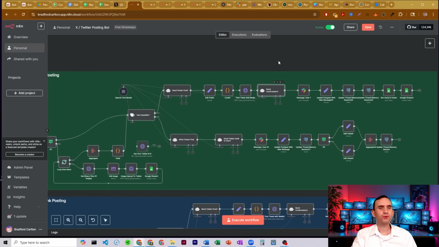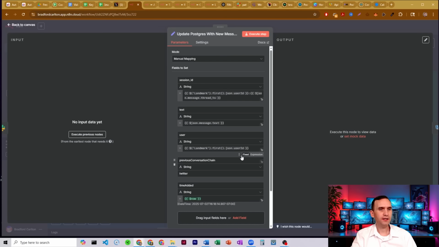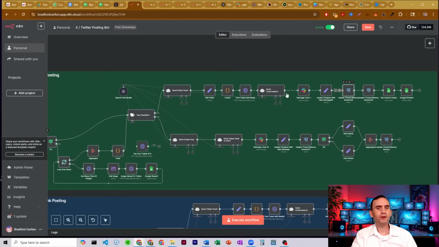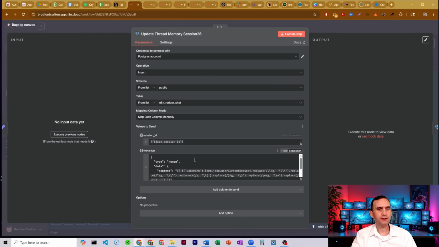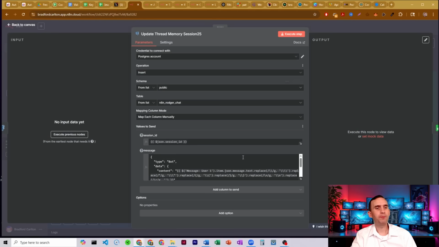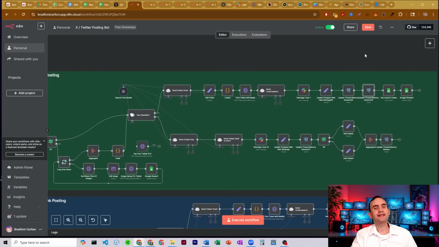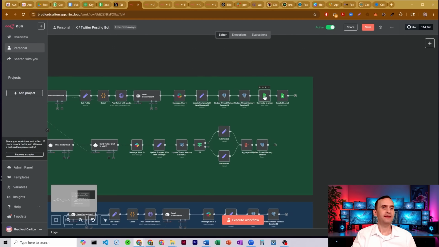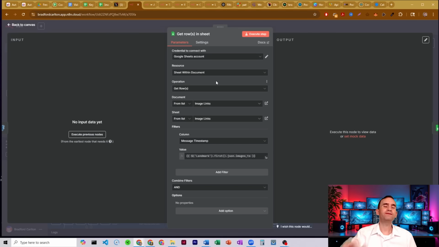It's then going to draft that confirmation message that we've discussed a couple times. It's going to send it to you via Slack. It's going to set all that information in the edit field node here. It's then going to upload the information, the human information, to Postgres. All right, we've covered this before. It's then going to upload the bot message to Postgres. We've covered that before. It's then got two last nodes, and these are Google Sheets